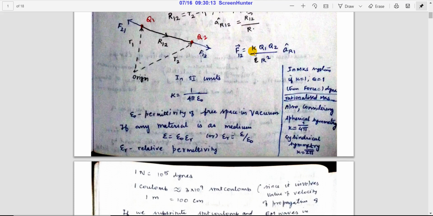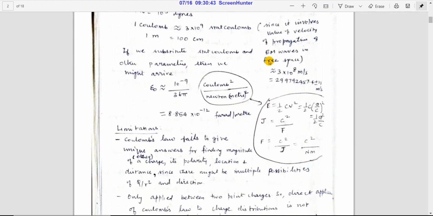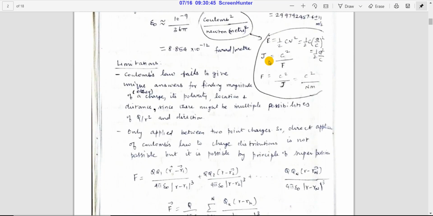So whatever may be the parameter that you want to find out, whether it can be q1 or q2 or it can be r. Whatever the parameter, if you want to find it out from the force given, that particular quantity can be calculated with any possible ratio between any of the two values. So that ratio may have multiple possibilities, and also a direction.